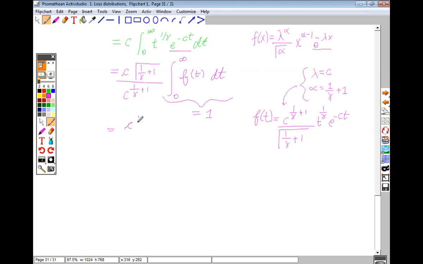I have c multiplied by something like this, and then you divide it, so I have a c here and I have something else here. So what I can do is ignore this c from here and take it downwards. So plus 1, and this c will come here as minus 1. So it will eventually cancel each other out. And what you're left with is this. And that itself here is your mean of the Weibull distribution.